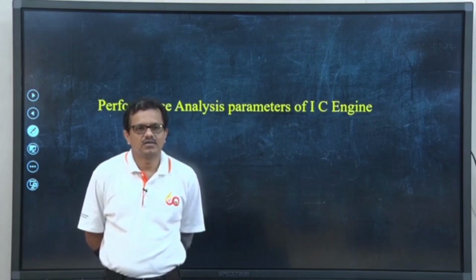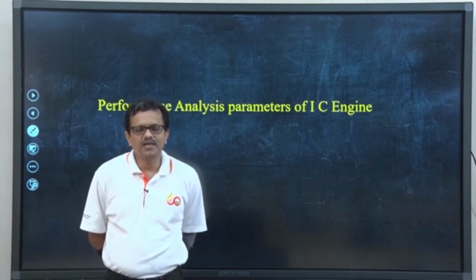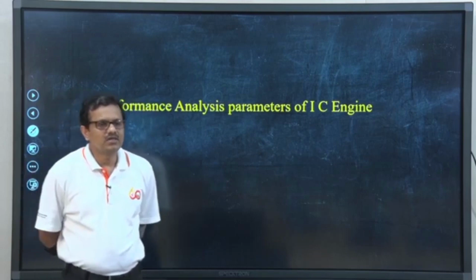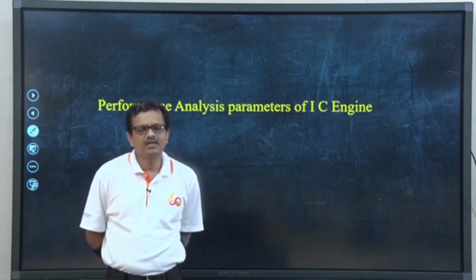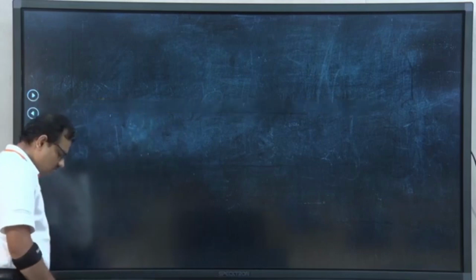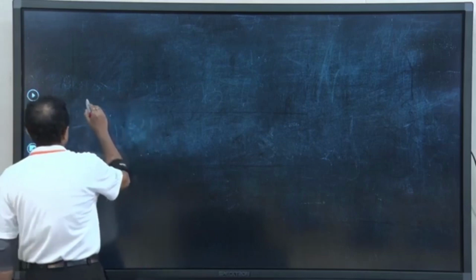work output is expressed, then the concept of mean effective pressure is very useful, and from there we could write several forms of mean effective pressure considering different works. So, if we discuss the mean effective pressure that we had written in the last class, if we write the expression of work done again,